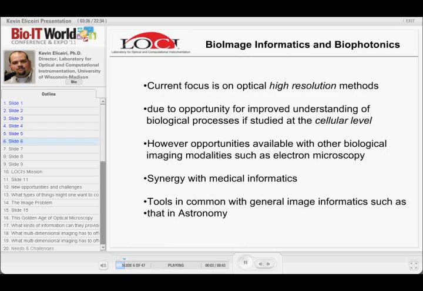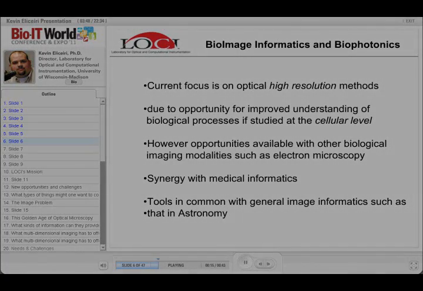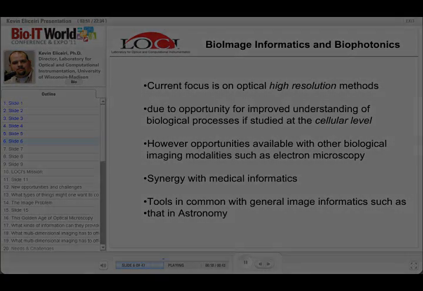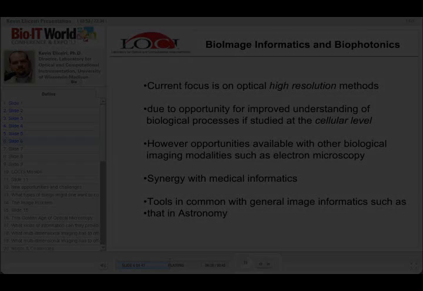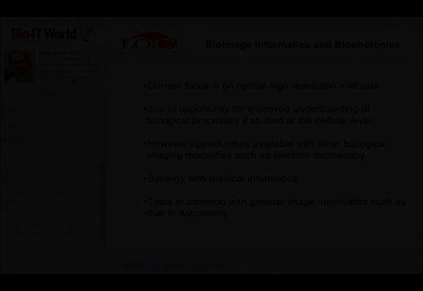And in general, what I'm going to be focusing on, and the field's been focusing on, is light microscopy, biophotonics, in particular high-resolution methods that allow you to look at cell resolution. That largely is due to the biology, really trying to understand things at the cell resolution, and the understanding that events like cancer progression really can be understood better, and drug discovery done at the cell level. However, there are opportunities for other